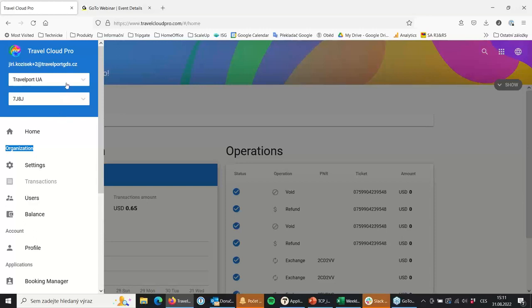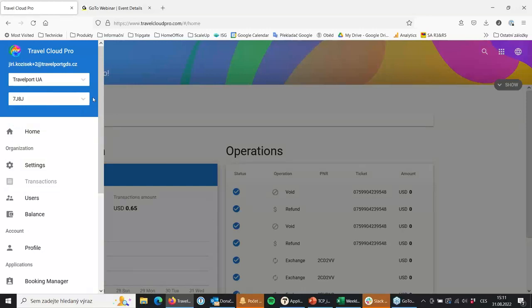Under one organization, and this is sometimes a question from you, you can have multiple pseudo city codes. So let's assume there is a big agency which has different branches. Under your agency, you can have different branches, different pseudo city codes. Here, I have 6 branches, 6 pseudo city codes.